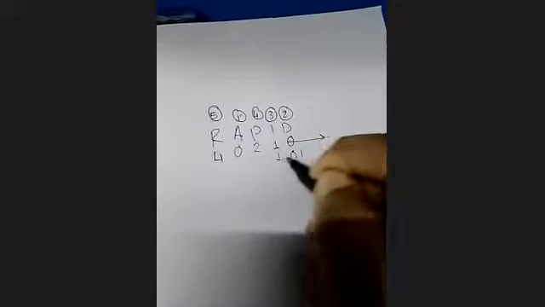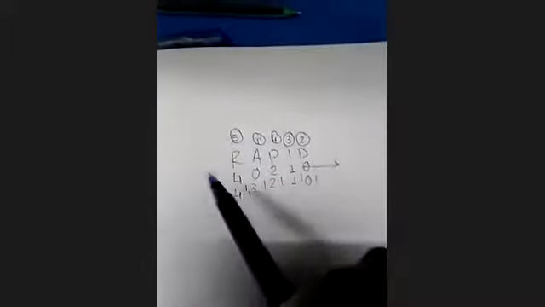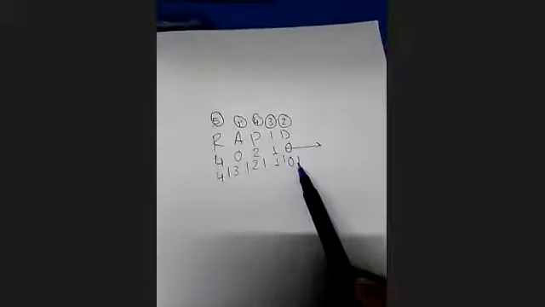Now start from the right hand side. Start multiplying with 0 factorial, 1 factorial, 2 factorial, 3 factorial, 4 factorial. Since this is a five letter word, we will stop at 4 factorial. If this had been a 6 letter word, we would continue to 5 factorial. If this had been a 7 letter word, we would continue to 6 factorial. Starting from 0 factorial until the end of the word, this process will go on. Clear?